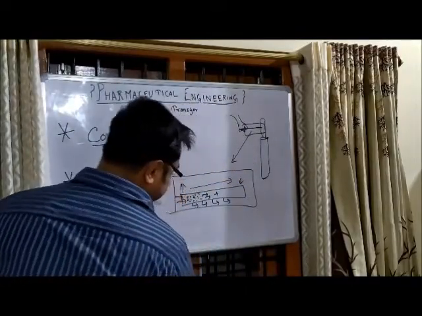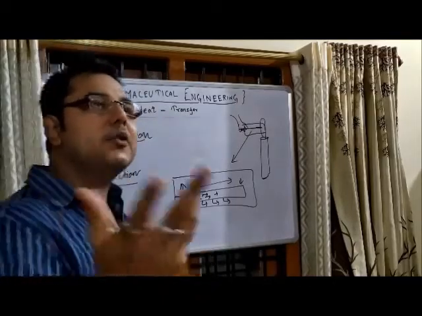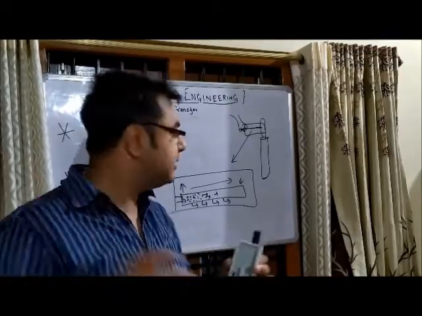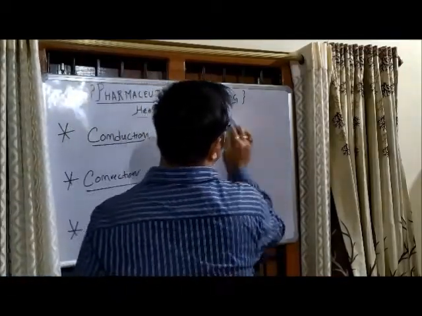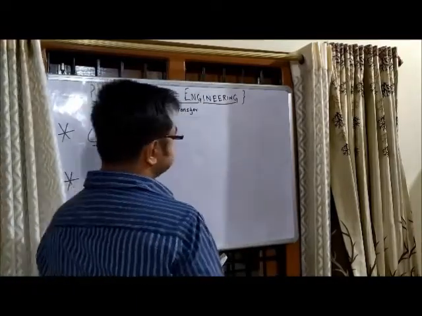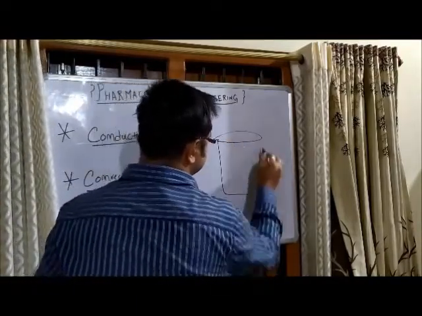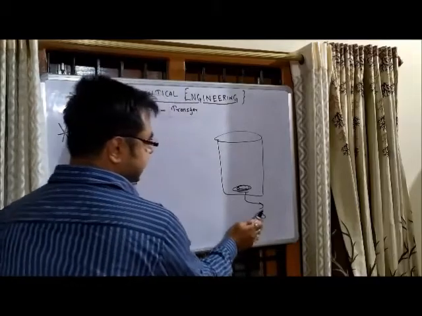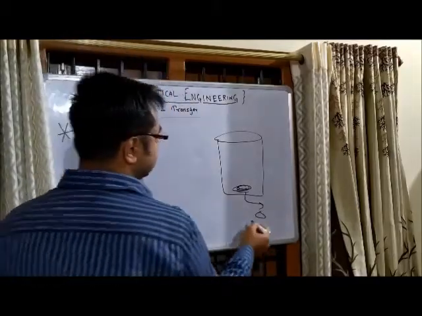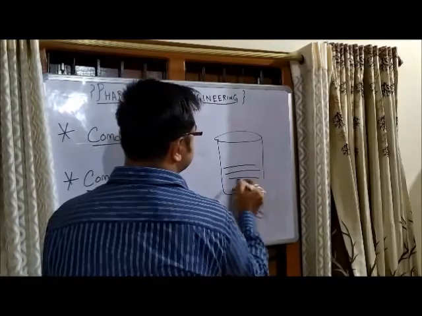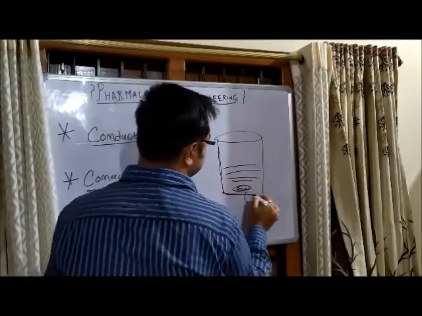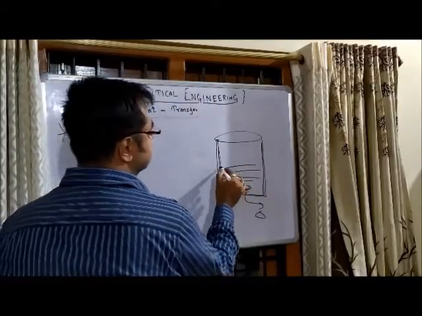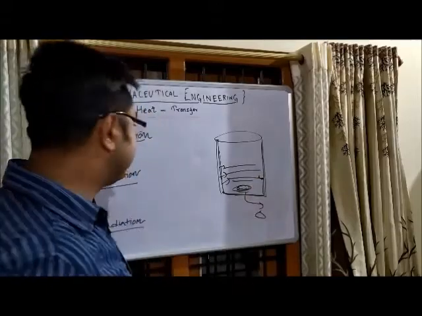This conduction process is utilized, for example, in boilers, which we use in pharmaceutical operations. Suppose this is a general boiler. Here we have the coil which is going to give the heat. Heat is generally denoted with delta. The water is there, and this chamber, this stainless steel part, will induce the heat to the water.